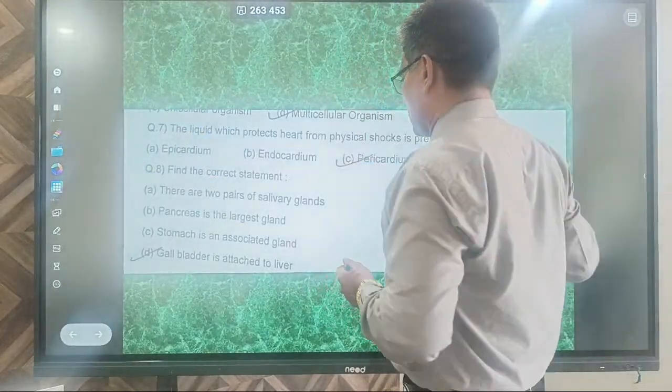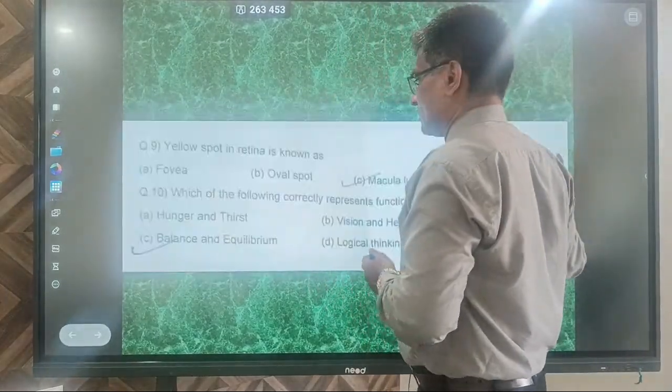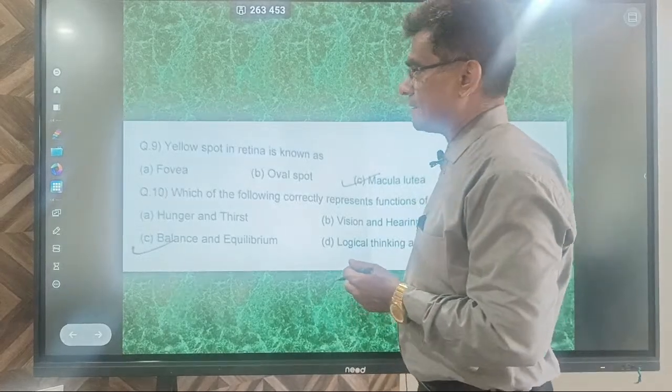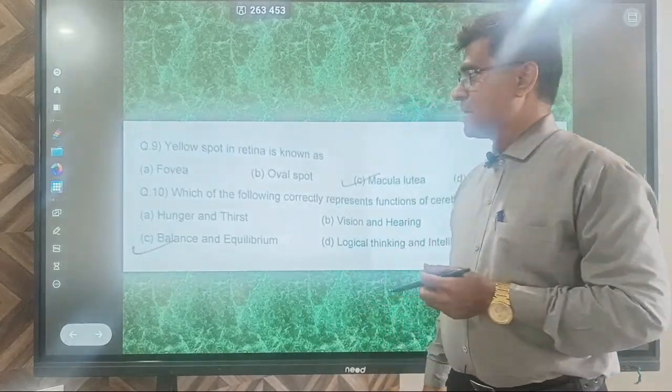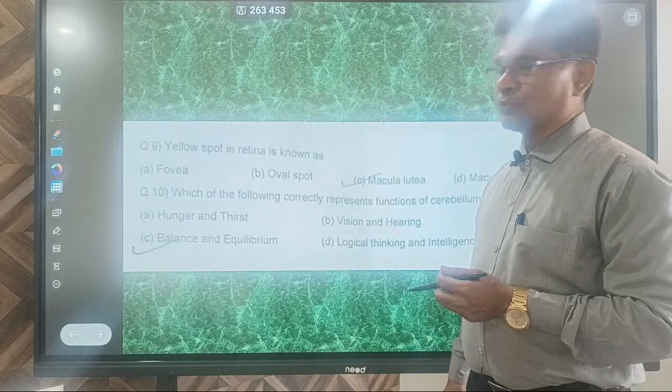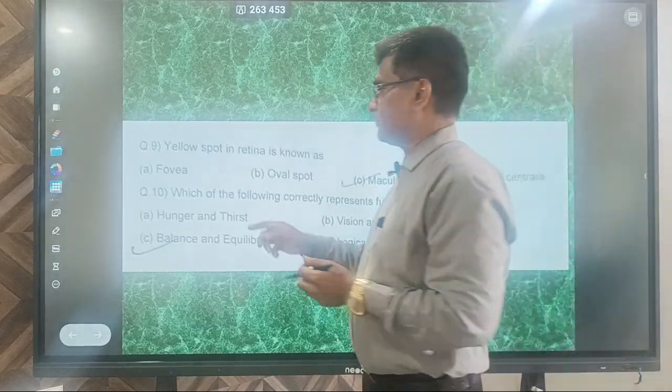Now moving to the next part of the test. Okay, last 2 questions we will discuss. Yellow spot in retina is known as. Okay, now if you remember